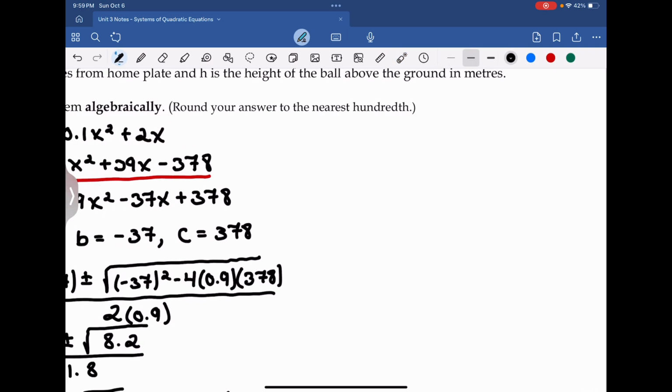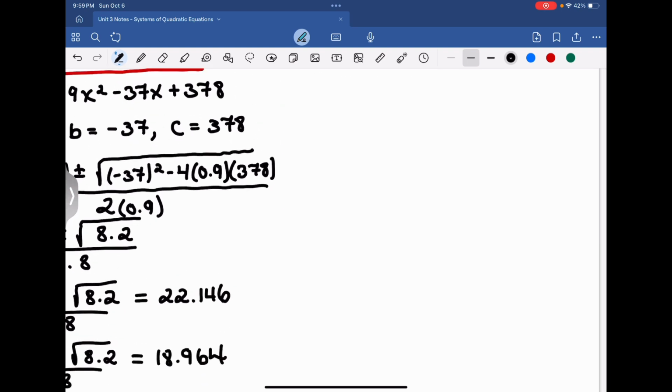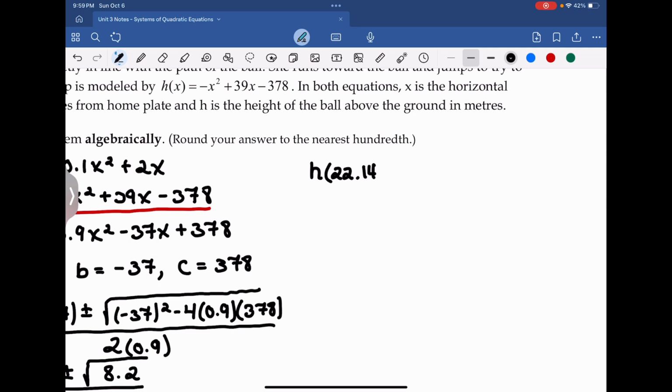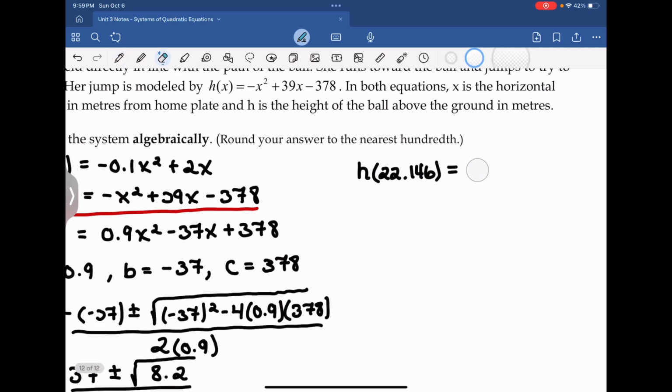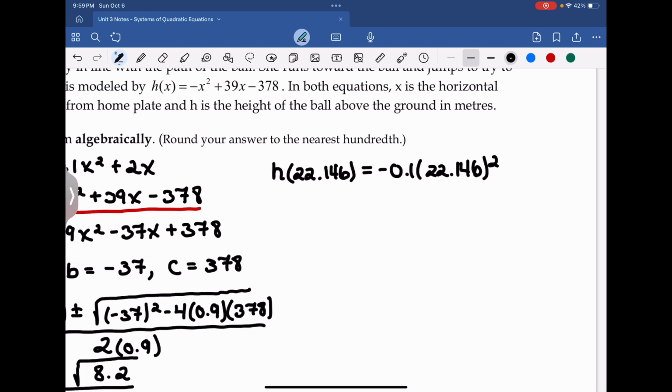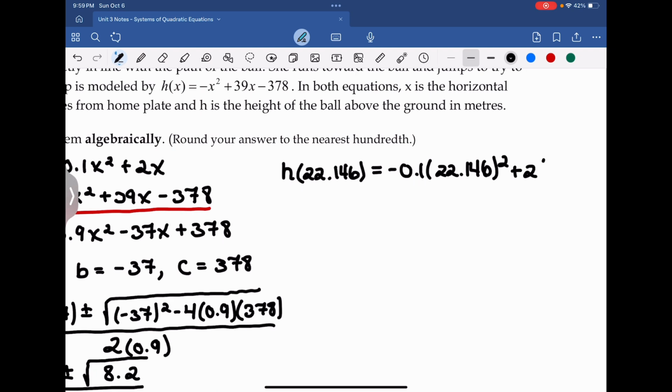Okay, if I type this in, it's going to be the following. We're going to get h of 22.146, and I want to hold on to as many decimals as I can, which is equal to negative 0.1 times 22.146 all squared, and then plus 2 times the 22.146. There we go. This is going to give us a height at the distance of